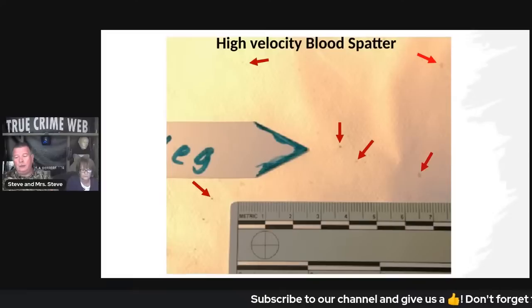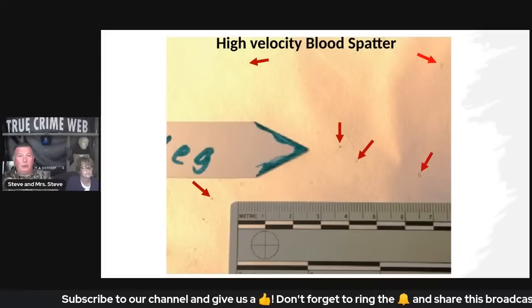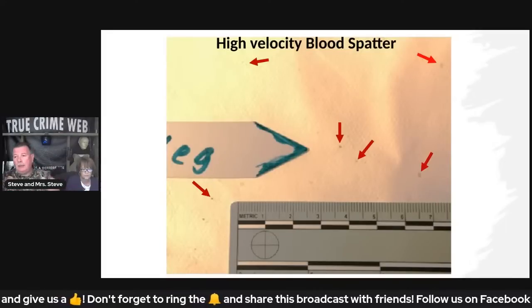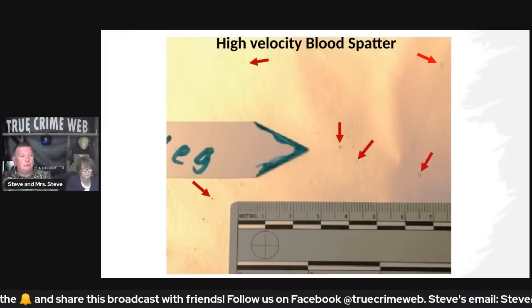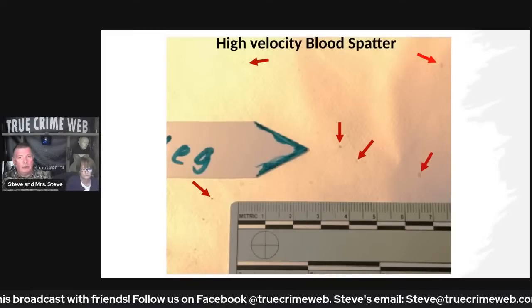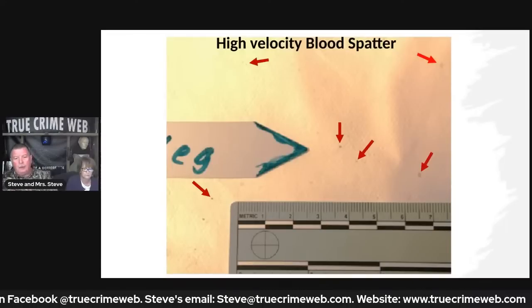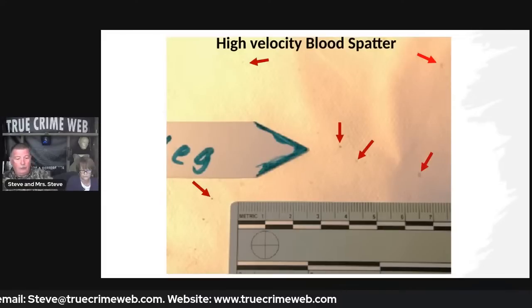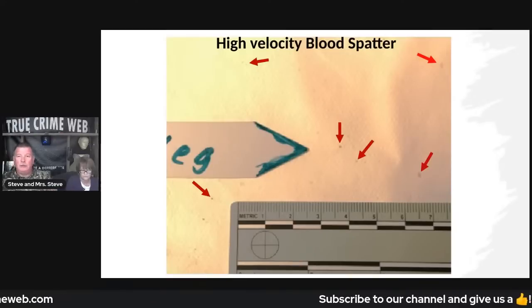You see this big cloud of styrofoam that goes out. And Chris did a really brilliant thing when he brought it back together and stop frame and things. Absolutely amazing. And it's what I have seen on crime scenes before. It's what happens. But I just pointed out some of the high velocity blood spatter, not all of it, just some of it. And even in this photograph, you can probably count another 40, 50, 60 high velocity blood